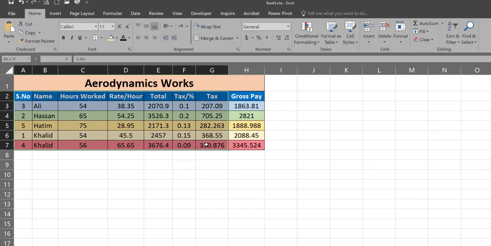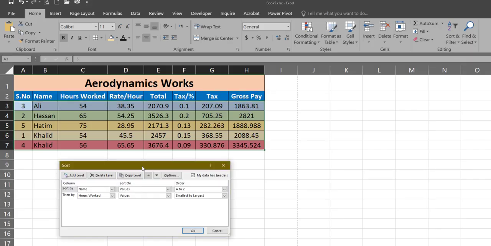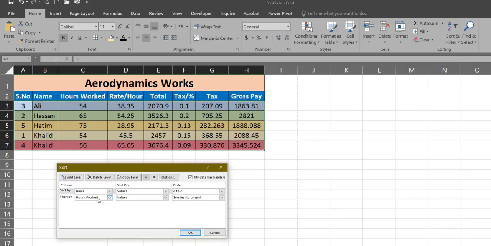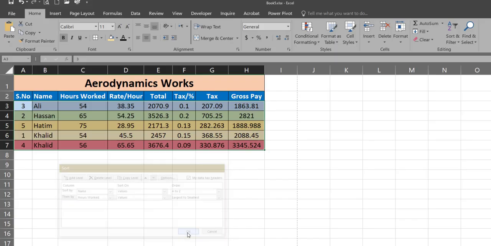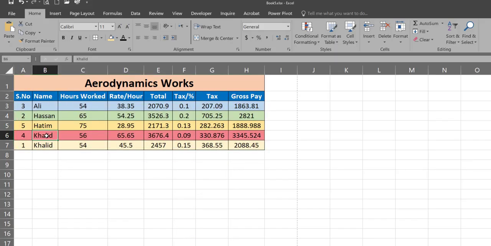Let's say we go and change one more thing here. Instead of making this one hours worked as smallest to largest, let's make it largest to smallest. Now you can see here, again this one is the same thing, Khalid, but here you have 56 and 54, so it is from the largest number to smallest.